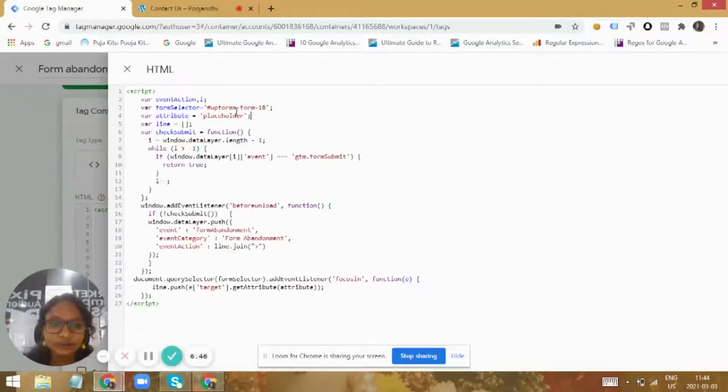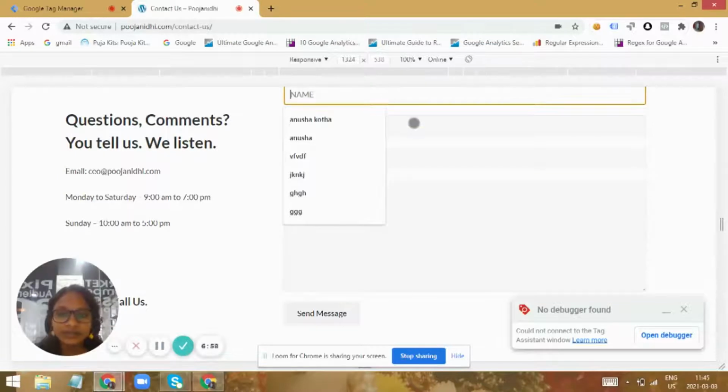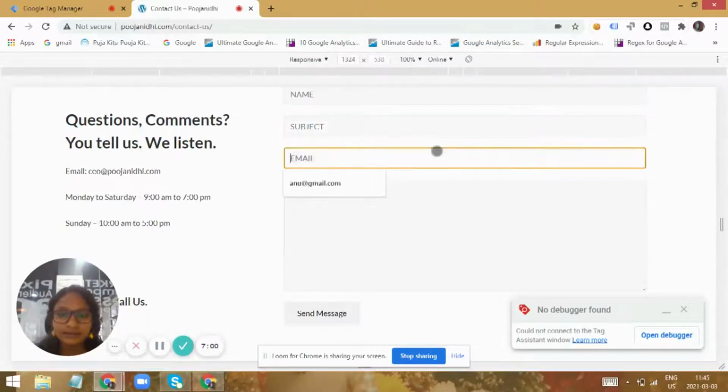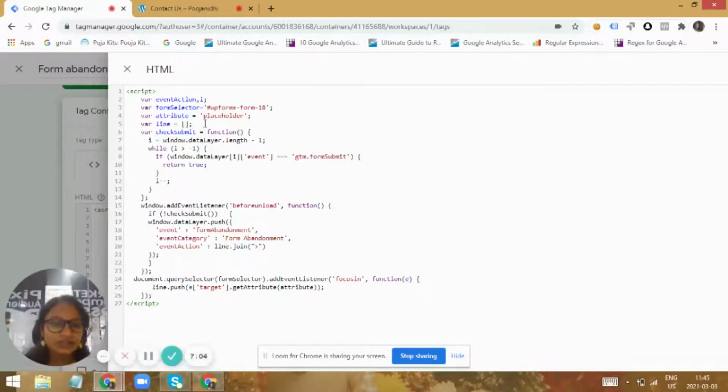So I have taken the attribute as placeholder, and then we need to create an array called line, so that it could store all the elements that a user gets into. If he gets into name, then subject, and then email, all these could be stored in an array, so that further we can get the list of fields that the user has filled.